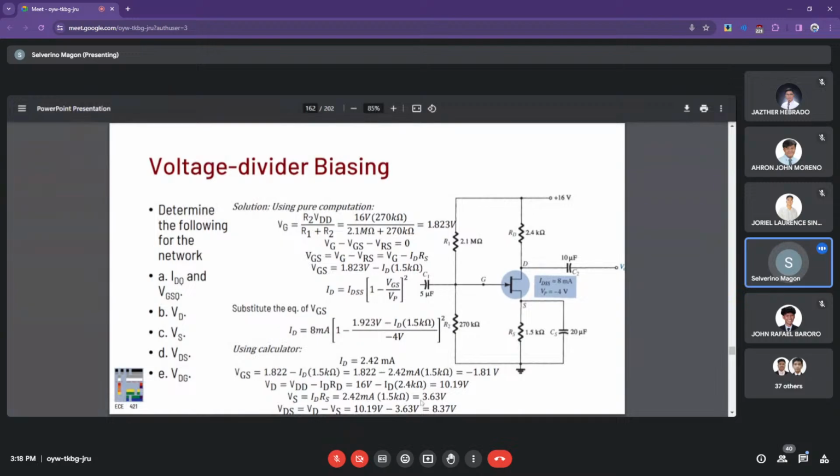RD is a given, so we can come up with a VD right there at 10.19. What this essentially means is that the voltage VD, 10.19 volts, is maintained at the drain once you turn on the amplifier, even with the input at 0. What happens is that, recalling from the mnemonics I've shared previously,